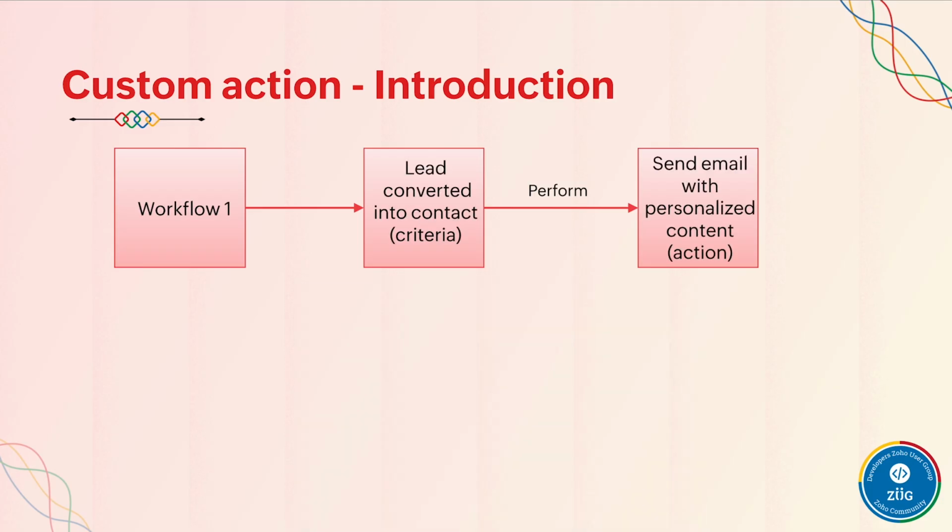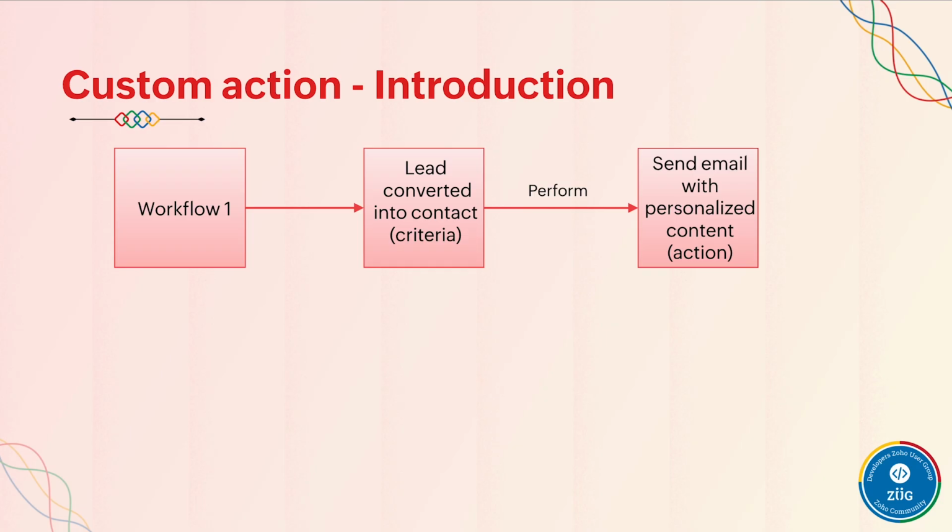Let's take an example. Let's say we need an email to be sent out when a lead is converted into a contact. In this case, as an extension developer, you can define a workflow where you specify the criteria or condition as the lead being converted into a contact, and the action that's going to be performed is sending out an email. But here, the content that's going to be sent out in the email is going to be personalized according to the criteria that you've defined. So in this particular criteria, the content would be something like congratulating the lead, stating that they are successfully converted into a contact, right? So let's take another scenario.